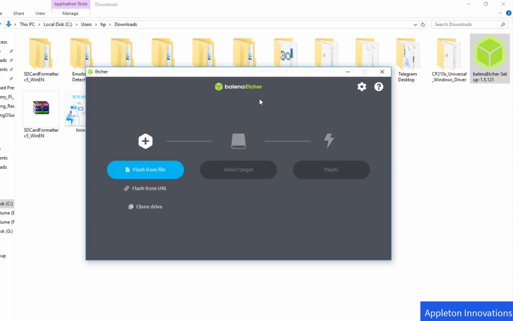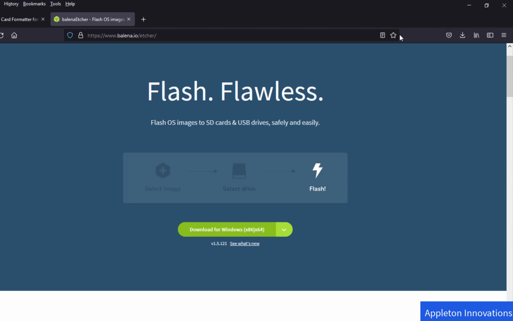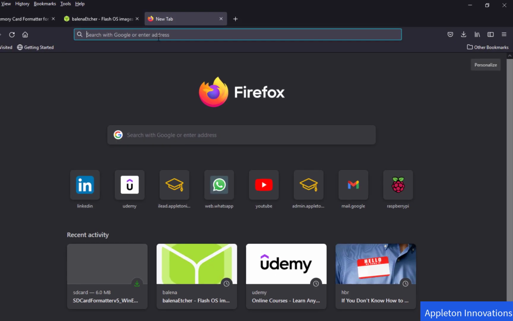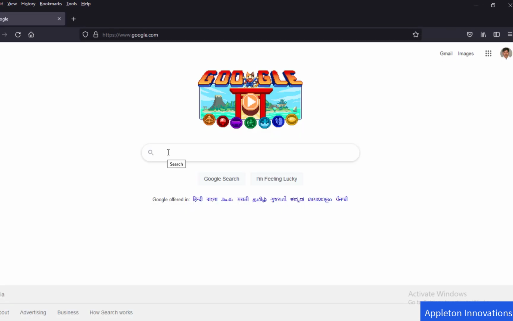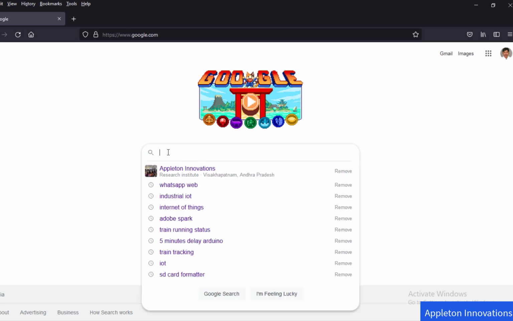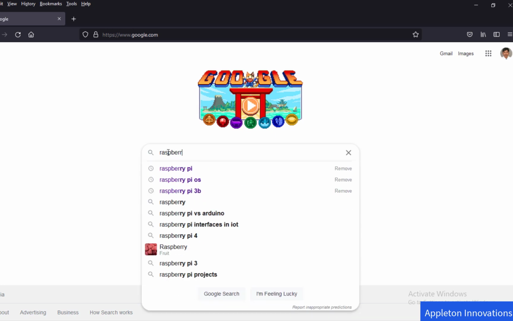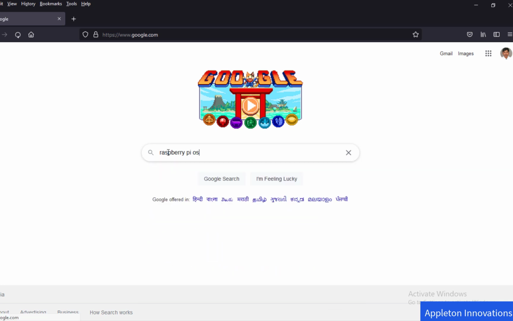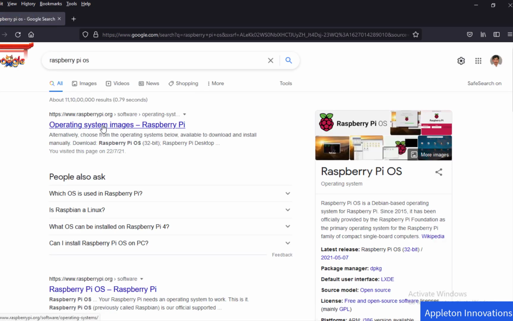Before that, we need Raspberry Pi OS. So we have to download Raspberry Pi OS. Just close this also. Again, go to Google and we'll be downloading the Raspberry Pi operating system. So Raspberry Pi OS, you will find this on the Raspberry Pi Foundation website, that is raspberrypi.org.